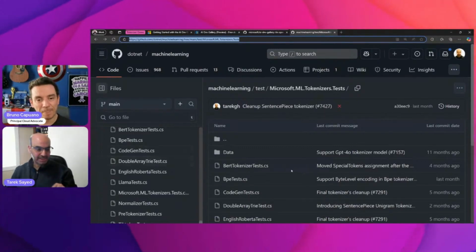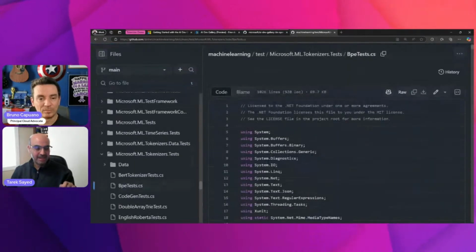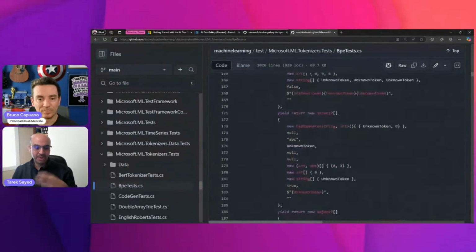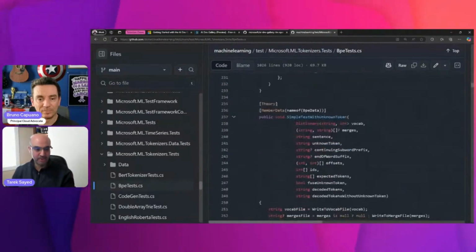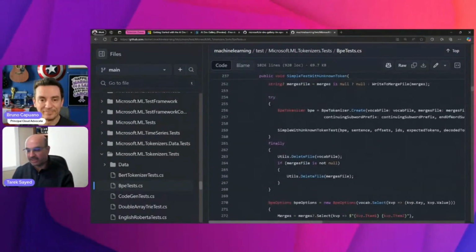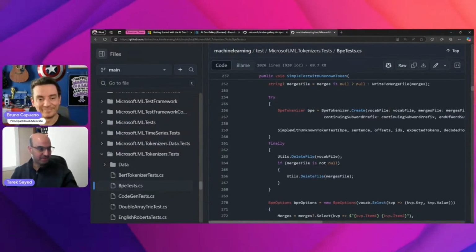You can go to any test and see how we are creating the tokenizer, how we are using it, and how we are doing different operations on it. So if you want to learn the details about the tokenizers, how to call them, how to play with them, the testing code is a fantastic way to do that.